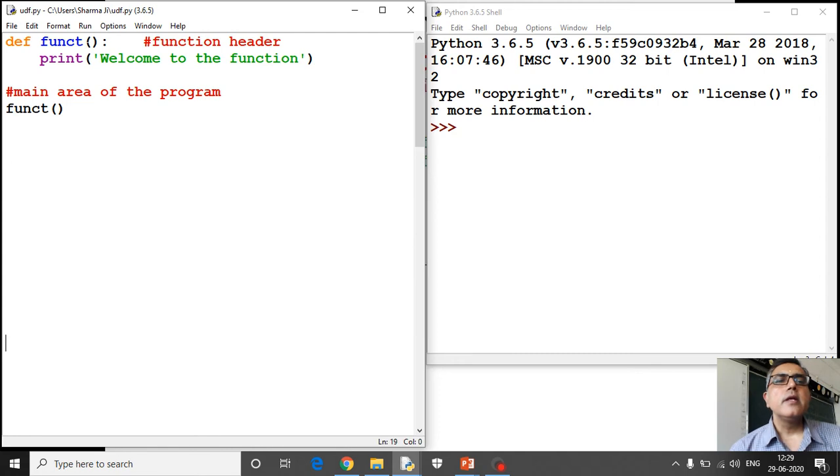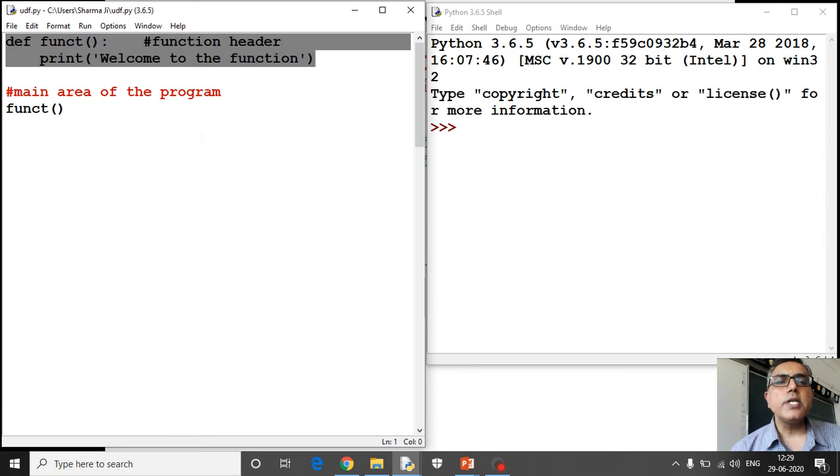Because it is a function, after the name of the function there must be opening and closing parentheses, then a colon, then this statement print welcome to the function is indented. That means this statement comprises the body of this function. This whole is known as the function definition.